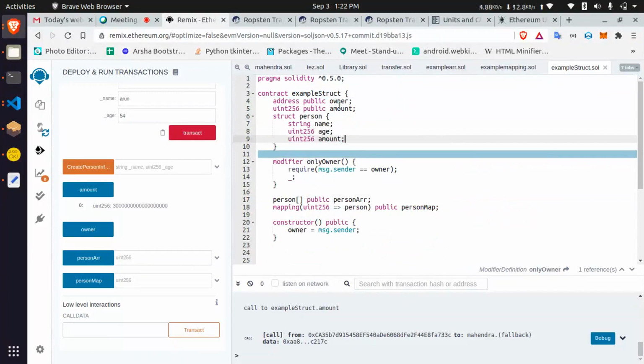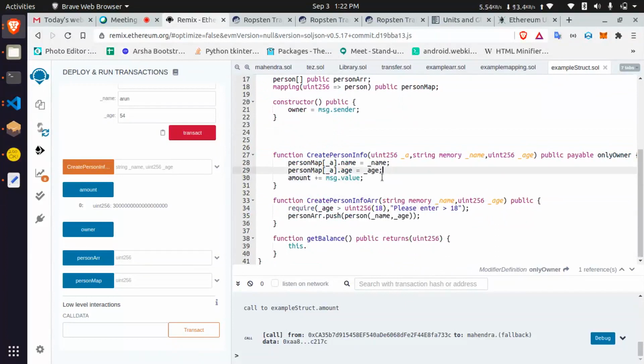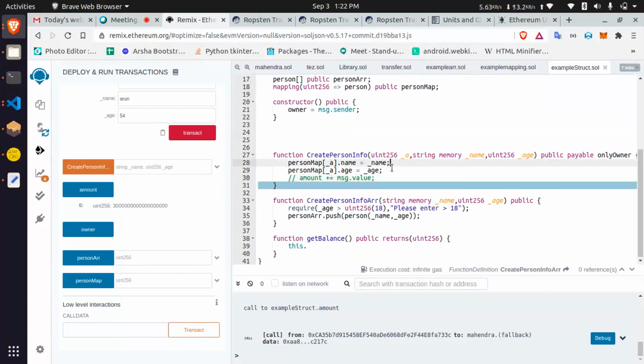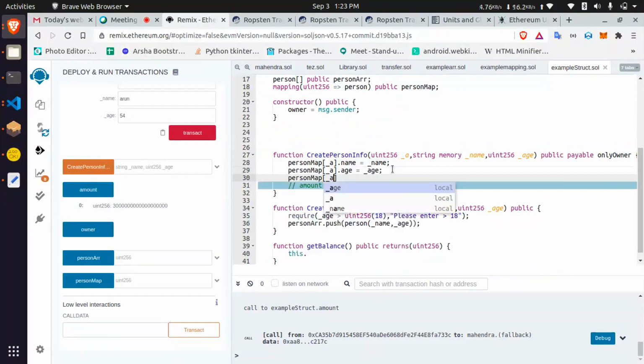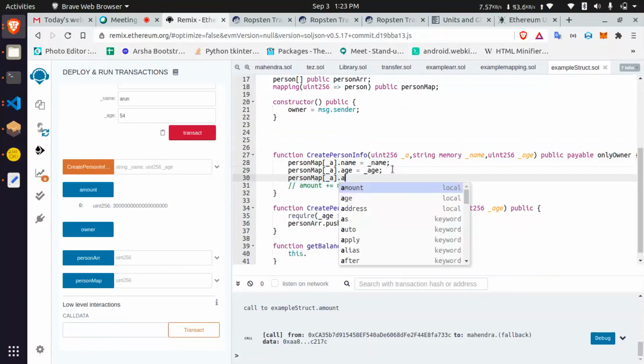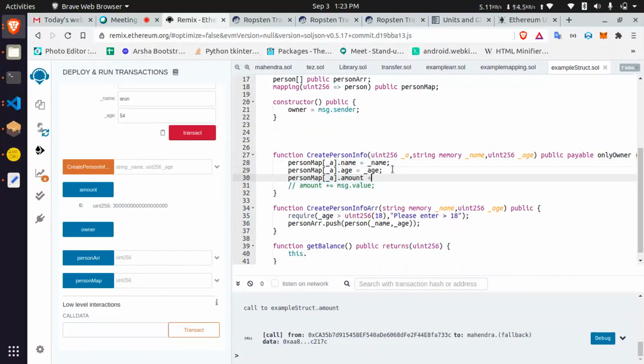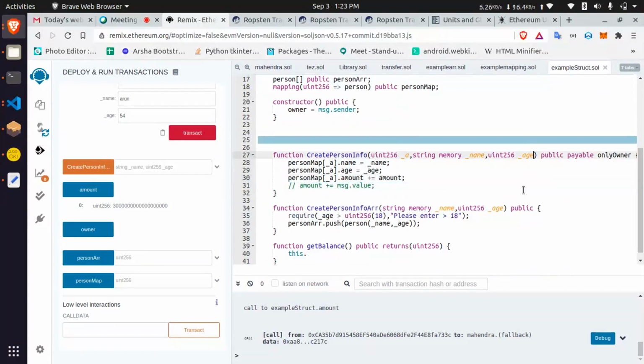If the person is doing any operations, instead of this line, you can do personal map of underscore a dot amount plus equal to amount. Like this you can do, but you have to get it from message dot value.